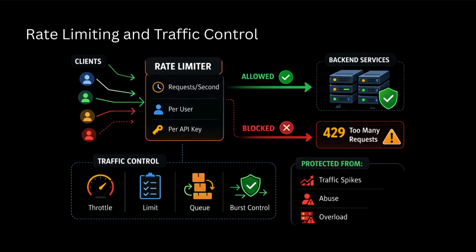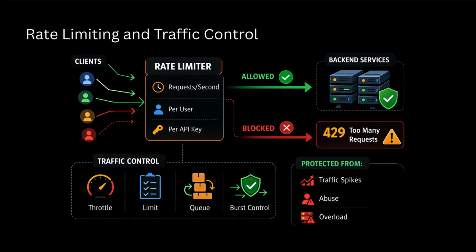Rate limiting ensures that clients cannot exceed a predefined threshold. You might set these limits based on requests per second, per user, or per API key. When a client crosses that line, the system rejects the excessive traffic and returns an HTTP 429, that is, a "too many requests" error. This is a vital defense against malicious abuse, unexpected traffic spikes, or even just an accidental overload